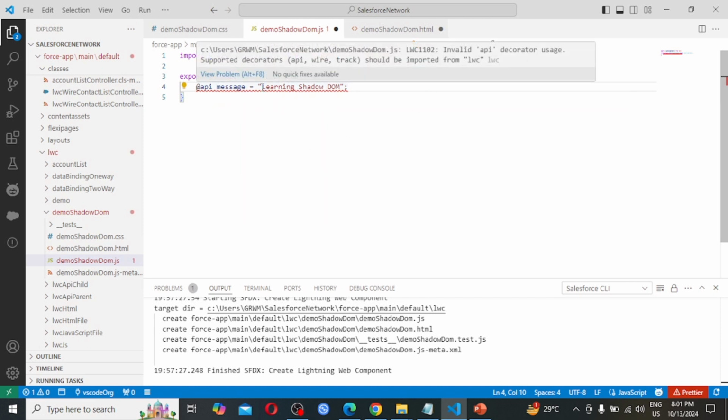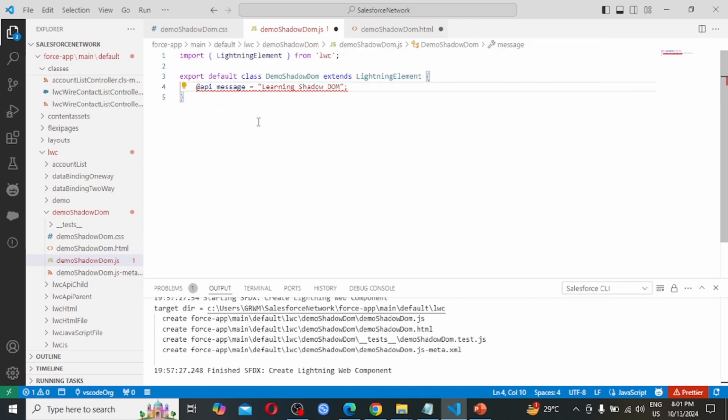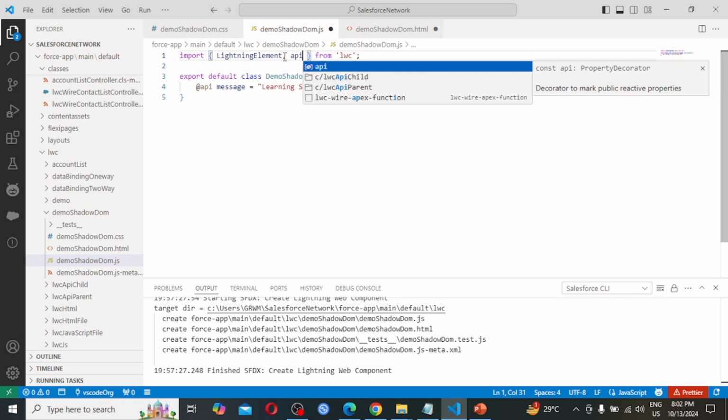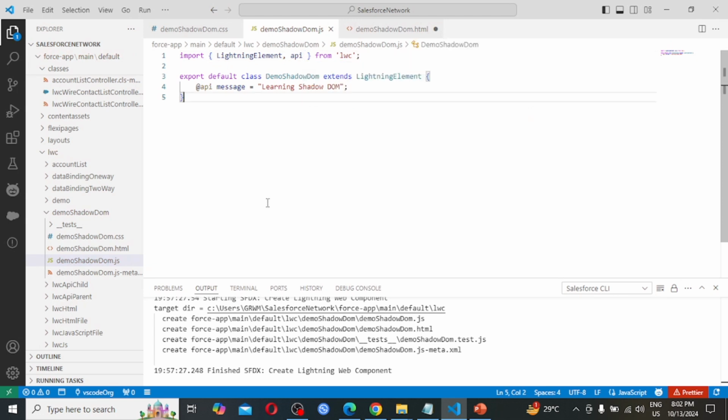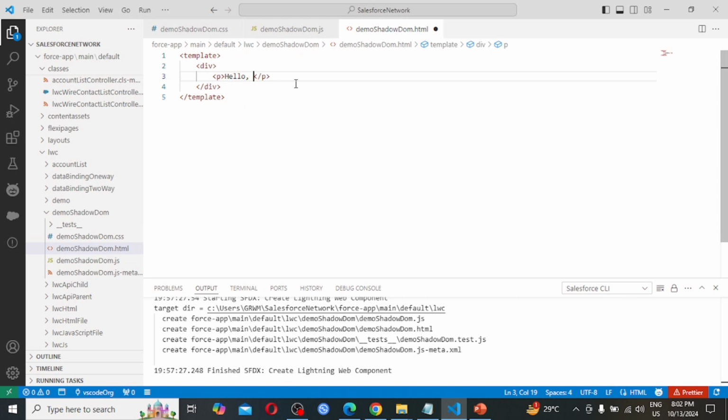Also by default this property is a private property if I am not declaring. So also I have to import here. It's like this, and again I am going to call the CSS file here.